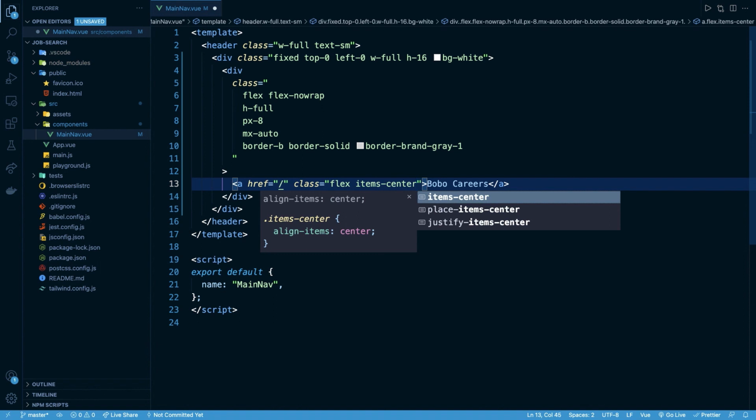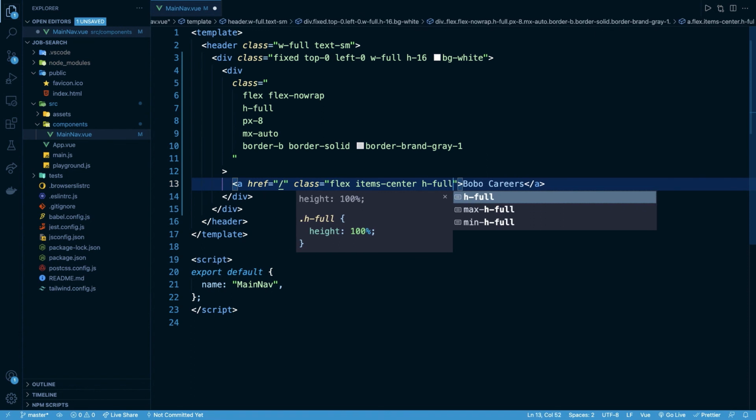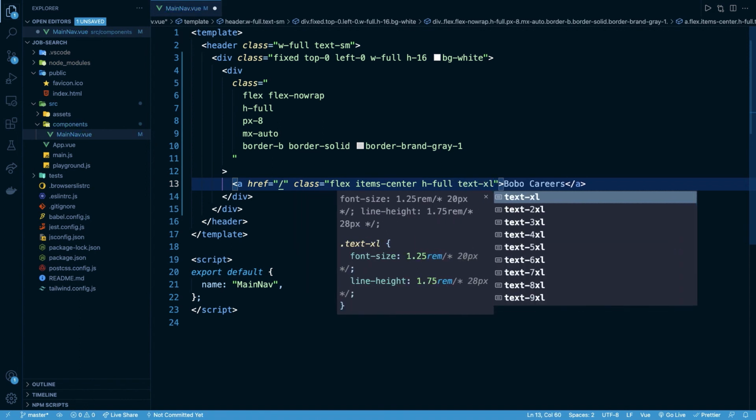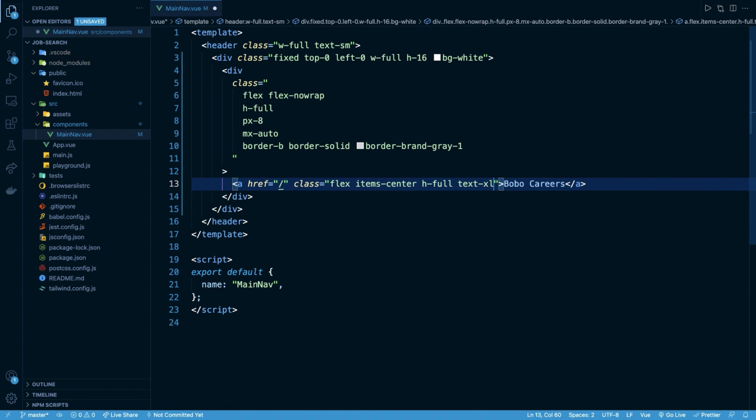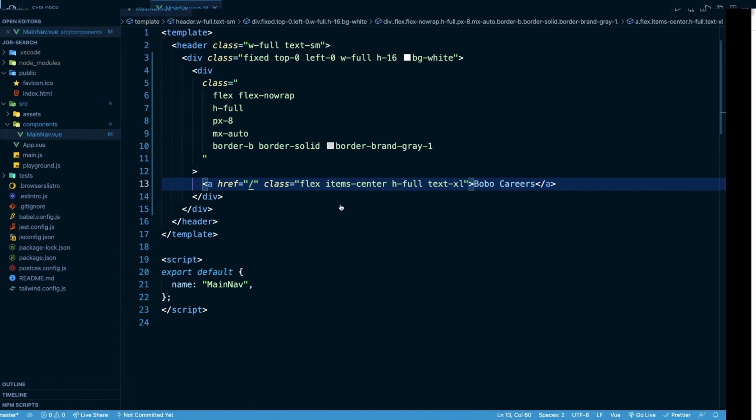All right. Then I want to add h-full to make sure we have the full height here as well. And then I want to make this text really large just to announce to everybody that this is my site. So I'm going to add text XL. There are, as you can see, a whole bunch of different text classes available for the size of our text. I'm just going to do text XL, which, as we can see here, is 20 pixels. So I'm going to do this, save this content, and now as I navigate back to my browser,